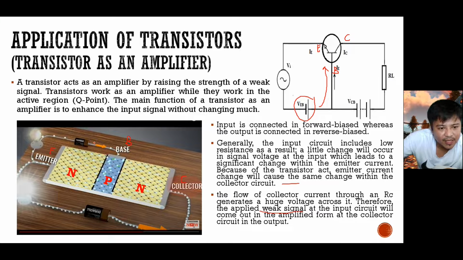So unang-una, since NPN ang ating type ng ating transistor, we have here a small battery. Kumbaga mas maliit lang siya yung ating source here. So just like what I'm saying earlier, hindi pa to kasali dun sa initial circuit. So since this is the battery, this will be the positive terminal. Then this is the negative terminal. So current will flow here initially,